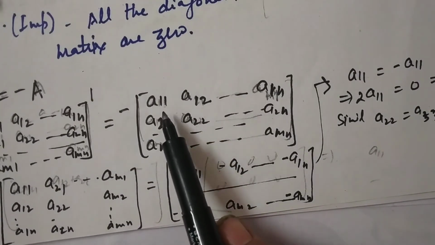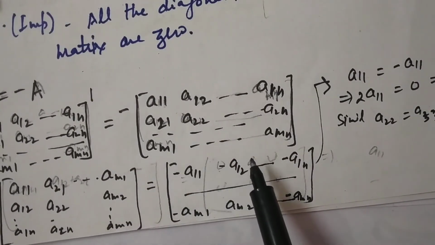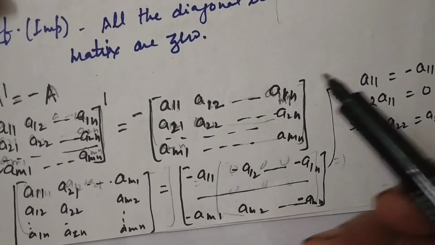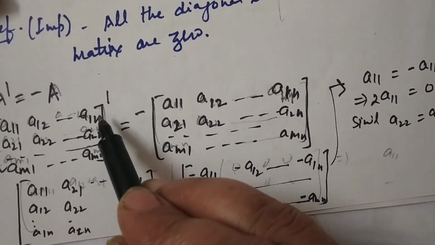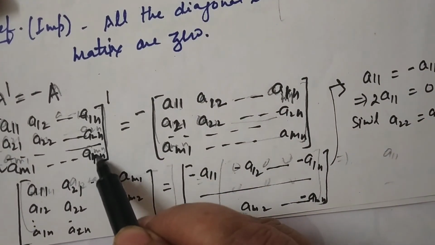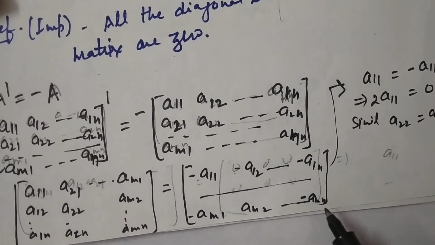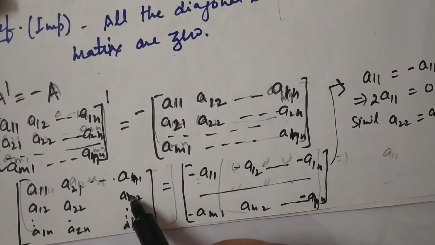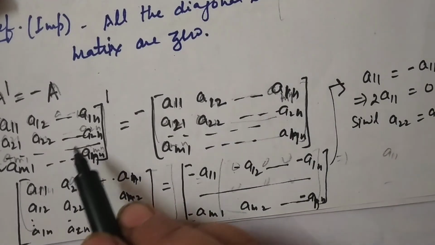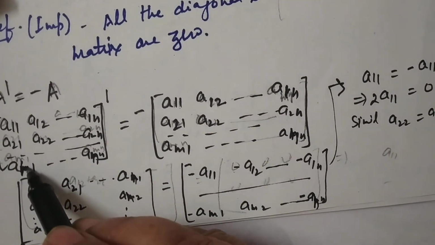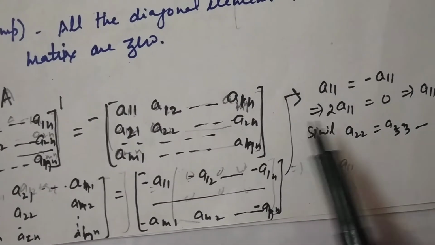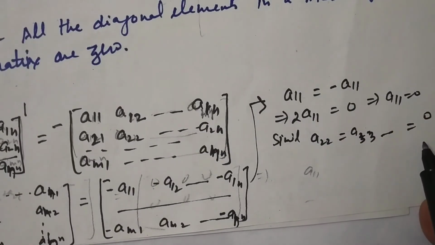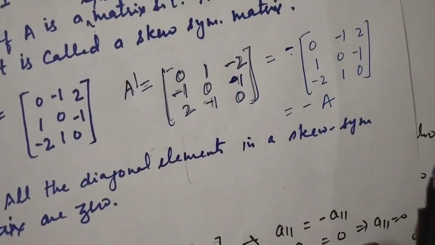And we see that a11, a22, they all are diagonal elements. Here one thing is there. Since it is of the order n by n, I could have taken n, not m. That was by mistake. So n by n, since it is diagonal, it is a square matrix as well. So by comparing the corresponding elements, I can see that all the diagonal elements thus come to 0. Thus the property is satisfied.